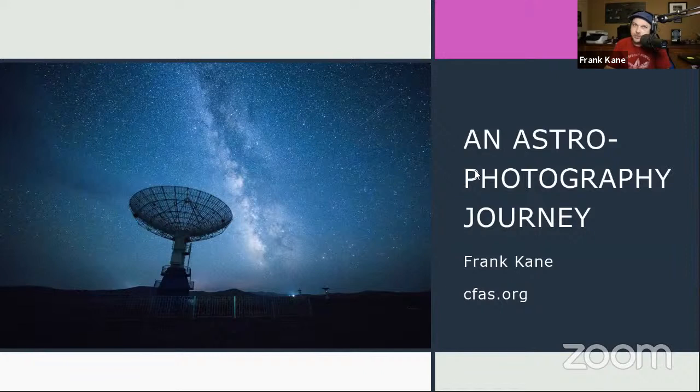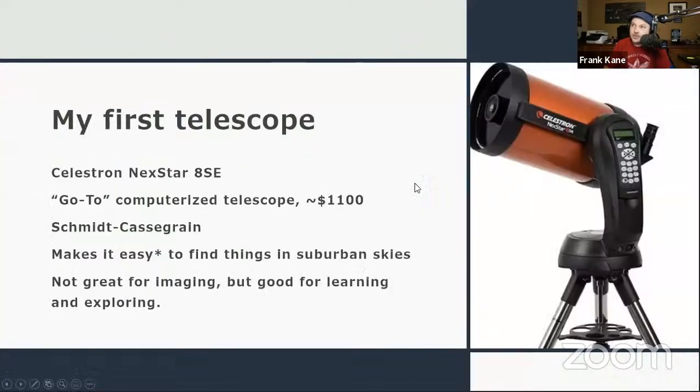And that's part of my story too, actually. So this is my first telescope. It was, as Richard said, a cat-eye dioptric telescope. Technically, it's called a Schmidt-Cassegrain. And this is a pretty popular model that I've seen out at star parties for people that are getting into it. This is called a Celestron NexStar 8 SE, and there are many like it, but the point